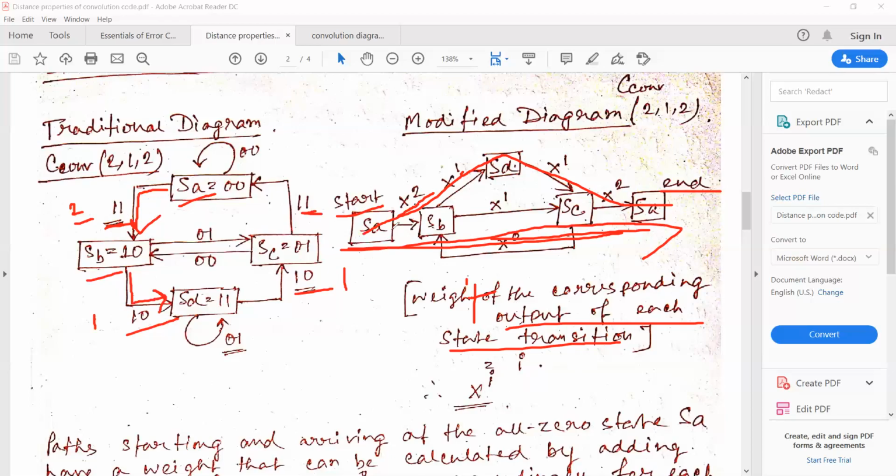Like this. I'm just repeating for your understanding: when I'm going from SA to SB, the output is 1 1, so the weight is 2. That's why I'm writing x to the power 2, and when I'm going from SB to SD,